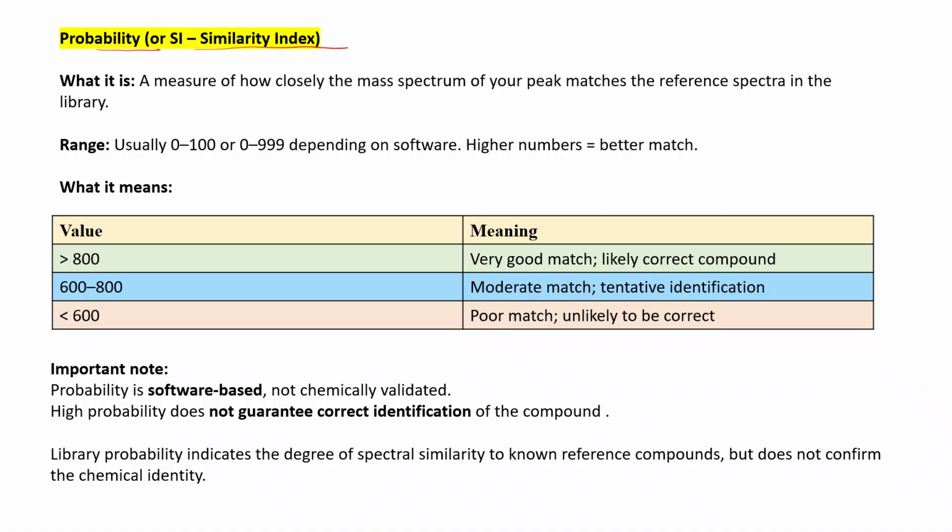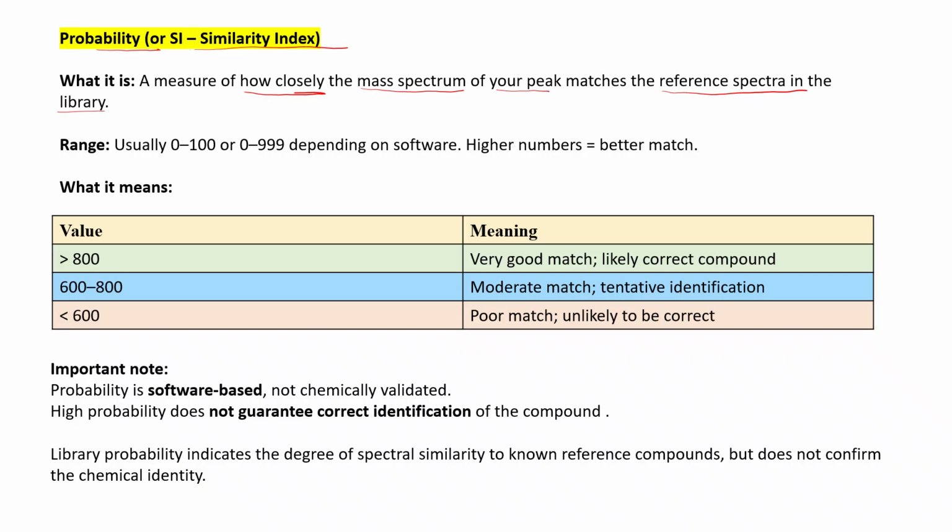Probability or similarity index. What is it? It is a measure of how closely the mass spectra of our peak matches the reference spectra in the library. We always compare it with the reference spectra in the library. So we are comparing it with that. And probability shows how much the mass spectra of my peak or your peak matches with the spectra